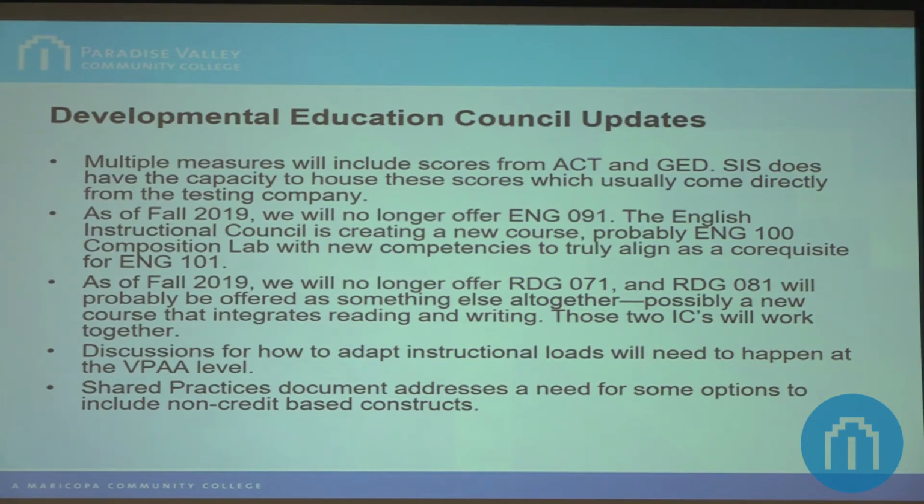But what we have in the works, this is the most recent development as of this Tuesday's meeting, we're looking as a council to look at ACT scores within the discipline, so a math ACT, reading ACT, English ACT, to help more accurately place students, but this won't be able to be implemented for the spring. So this is the 2.0 or the 1.5, probably what we hope to have ready for maybe fall